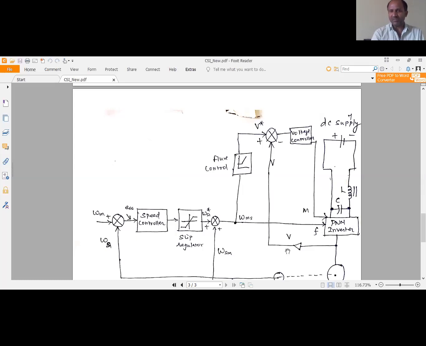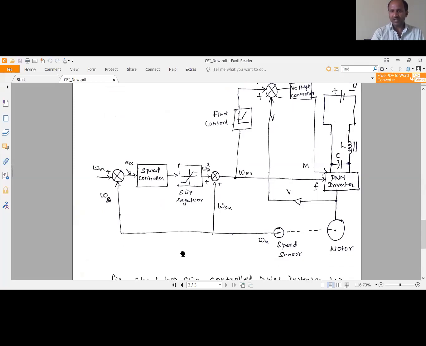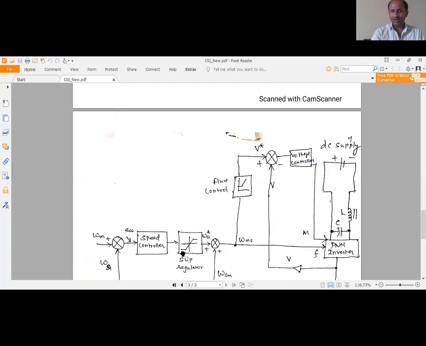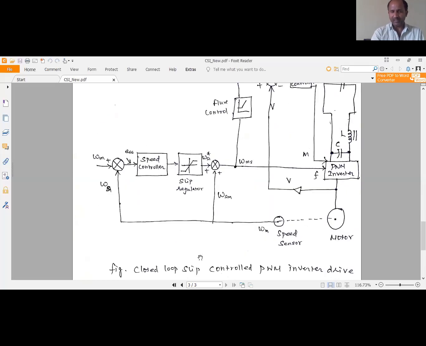Based on this variable frequency and variable voltage, we can control the speed of the induction motor, where the speed is sensed using a speed sensor connected in the feedback path. So that's all about the closed loop slip controlled PWM inverter drive with regenerative braking.